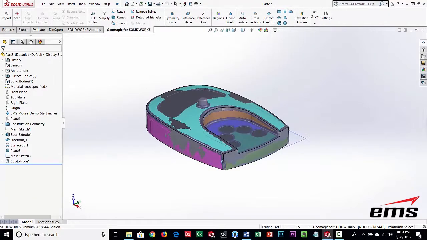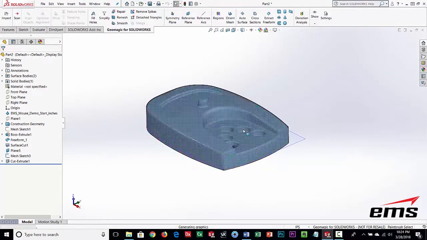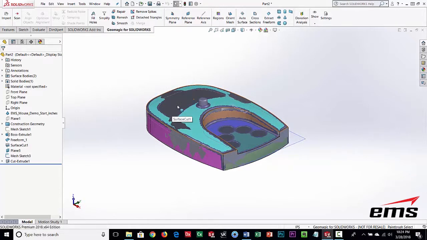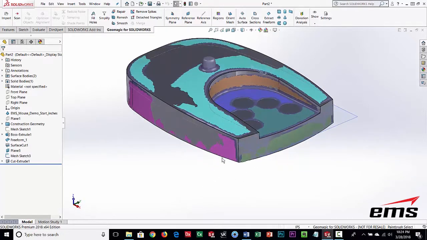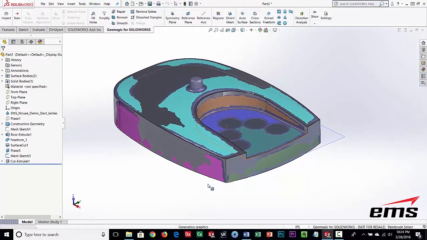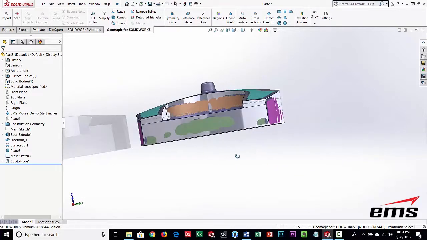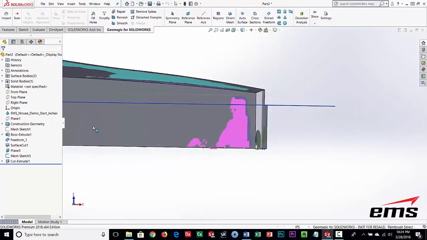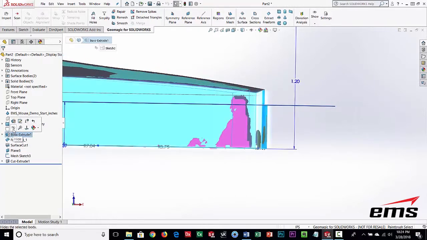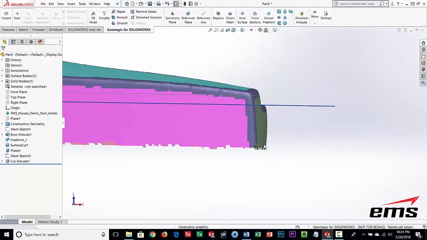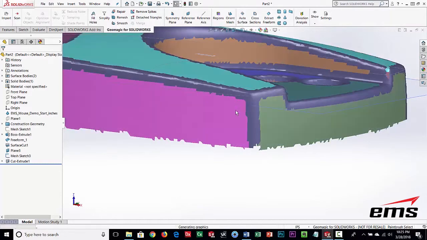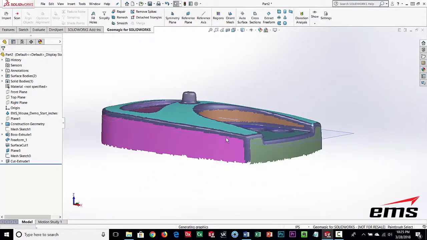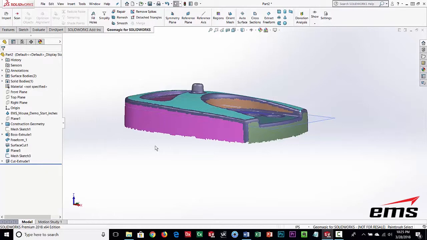Okay, so now doing the holes, doing these other features, pretty straightforward. It would just keep repeating the same command. Let's go ahead and do one other thing. So if you noticed, these walls on the side look pretty good, but this back wall here, and let me turn off the solid body so you can see what I'm referring to. This actually has some more curvature to it, and you can kind of see it a little bit in that deviation analysis, okay? So what I'm going to do, and this is just typical SolidWorks workflow, is